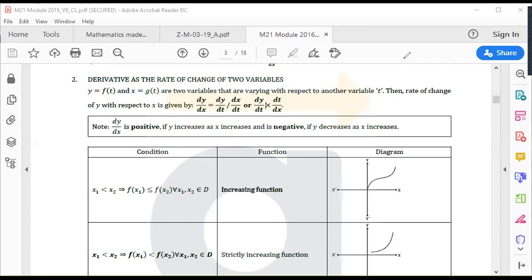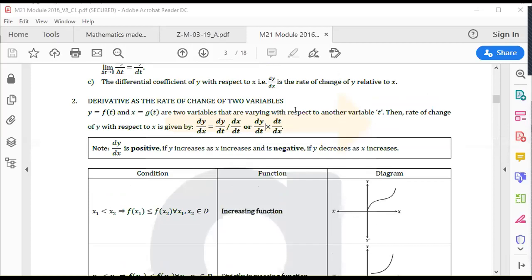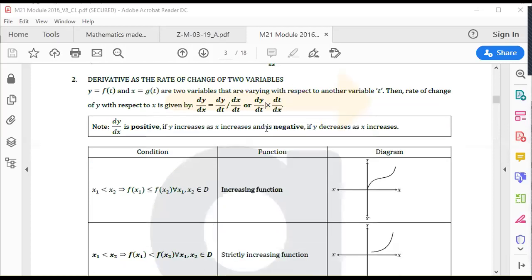So in chain rule, when do we convert to rate of change? dy by dt into dt by dx, where... yes, when t is your function of x. Okay. Yes, at that time also the same rule: dy by dt, dt by dx. Okay, in chain rule also.